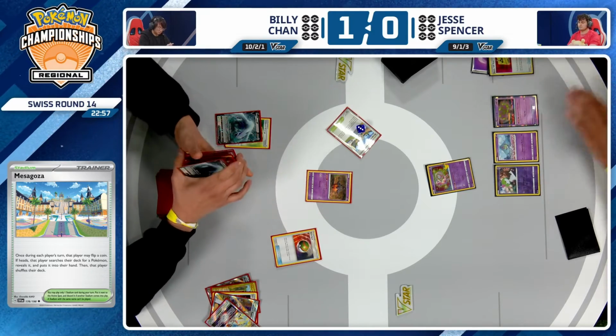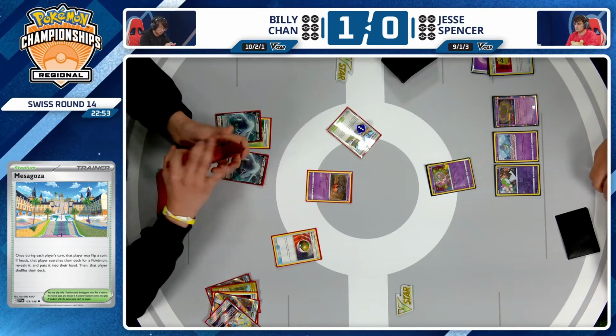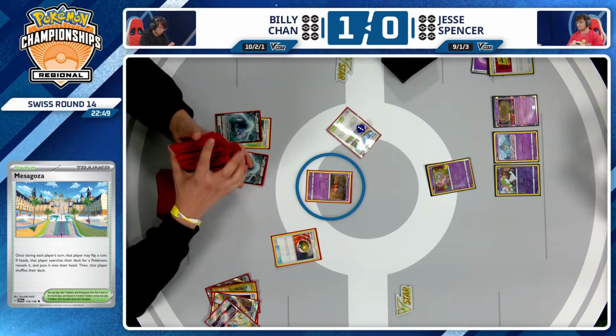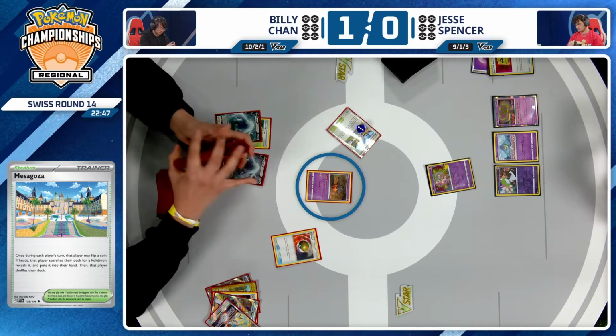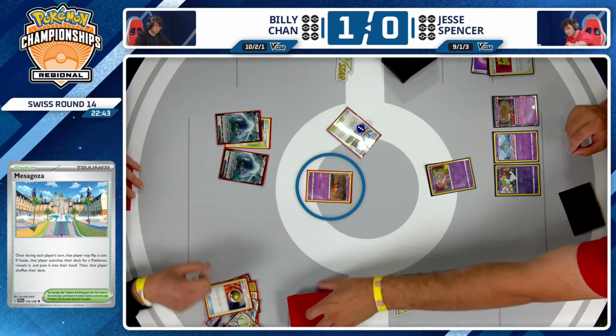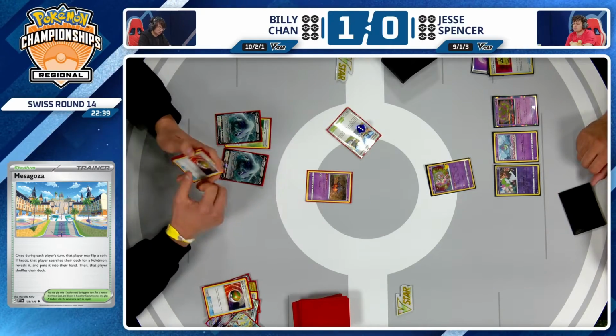Yeah, and this is setting up nicely for Jesse because Billy, I think unfortunately for him, did start this Pumpkaboo. It's a 60 HP Pokemon. It's actually pretty easy to knock out with something on turn 2 like a Cresselia. Yeah. Normally a card that's not really strong in this matchup, but if you can just get a prize card